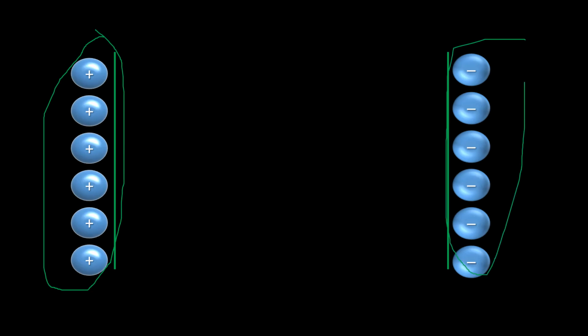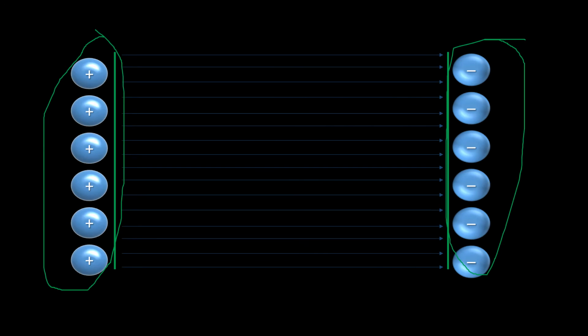So we consider a uniform electric field, and to produce a uniform electric field we assume that we have positive charge on one side and negative charge placed on the other side. So in the middle region I have equidistant parallel field lines, and that is a uniform electric field. And now I consider 3 points A, B and C in this uniform electric field, and we will see what happens to a charge when it is moved from A to B or B to A or A to C.